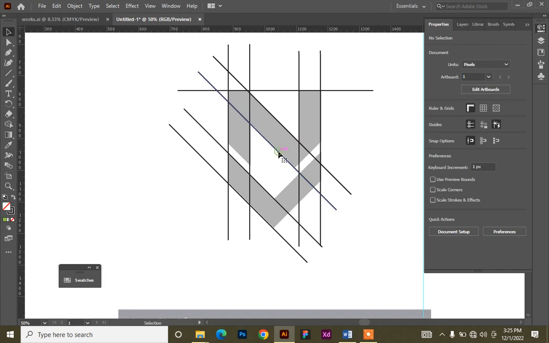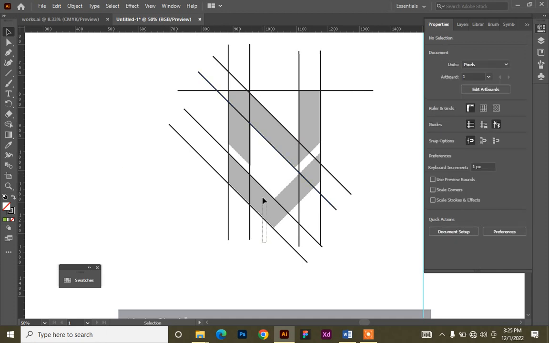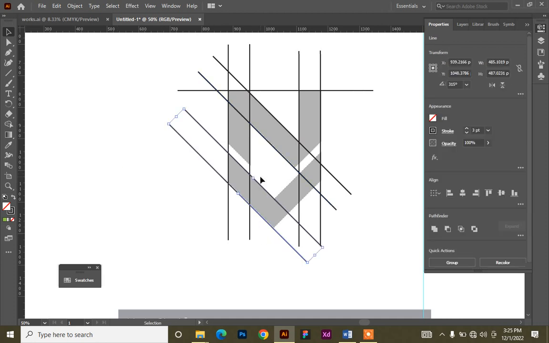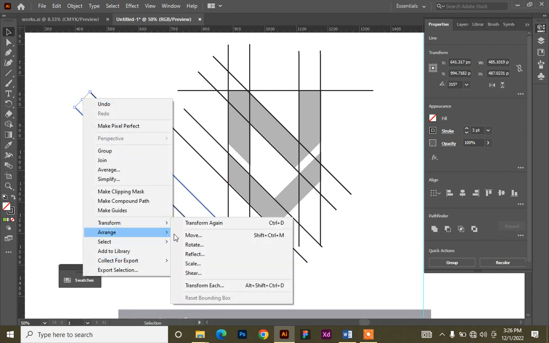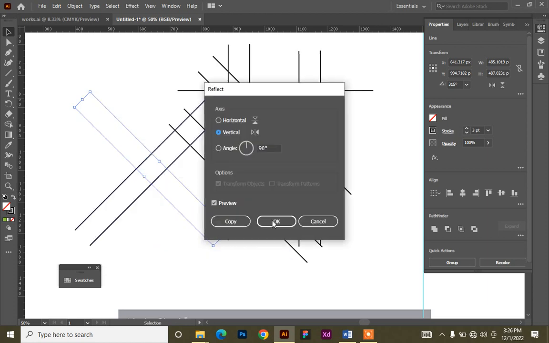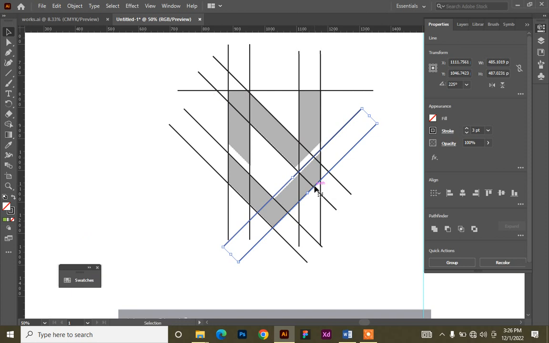So now I will select one of the lines, right? So I still need to select these two, right? And then I will duplicate them by holding Alt, click and drag, and then I'm going to reflect it. I will right click, and then I will transform, reflect, so it will turn the other side. Hit on OK, and then I'm going to bring it here so that I have this place covered too,